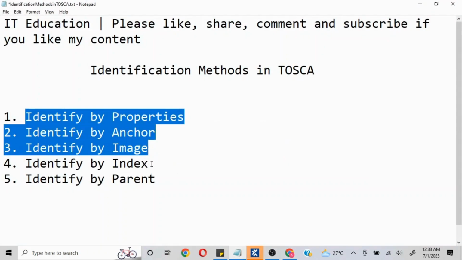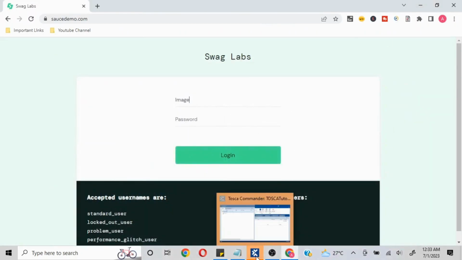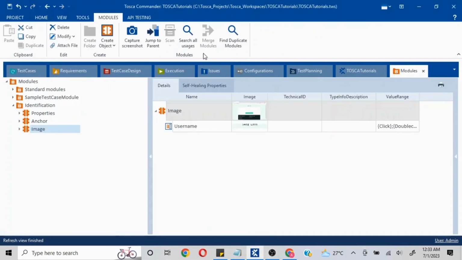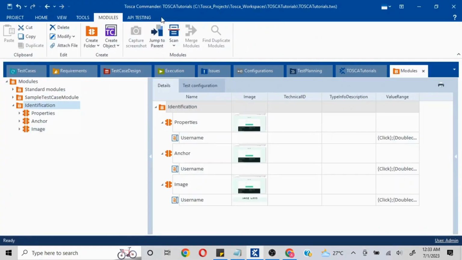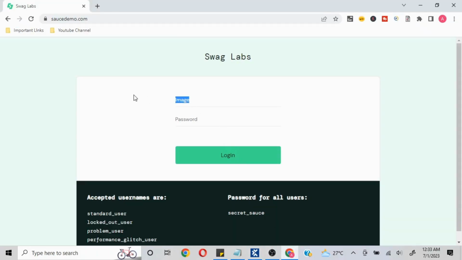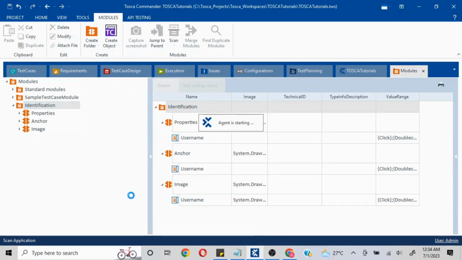Now the fourth identification method is identify by index. Let's say none of these properties are working for us. So let me close this, move back to modules, click on this, click on scan, and we are going to scan the same. Let me remove this, and I will click on scan. I'll click on application,